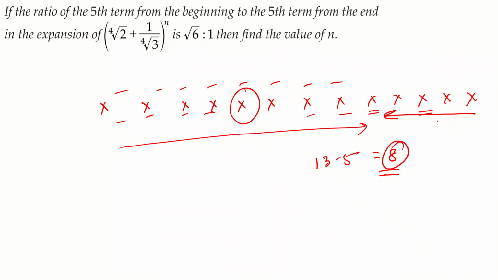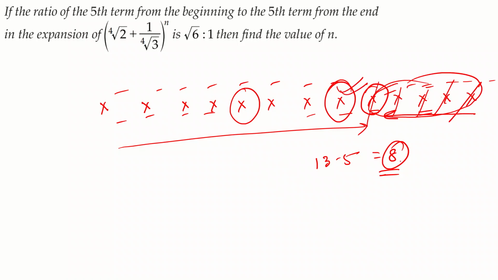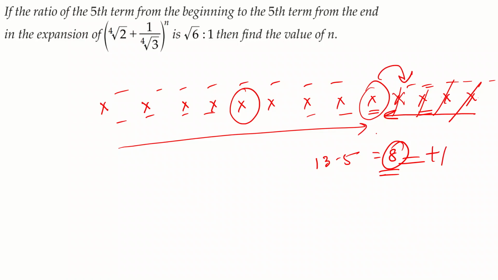But if I ask you to find out the fifth term from the end, then if you do 13 minus 5, you are actually subtracting these 5 terms, 1, 2, 3, 4 and 5, and you are left over here, because these are the terms that you have skipped. So all of these terms you have skipped, and you are giving me the rank of this term. So this 8 is the rank of this term, but we don't want that. We want the rank of this term, fifth term from the end, right? So we have to add 1 to reach this term.